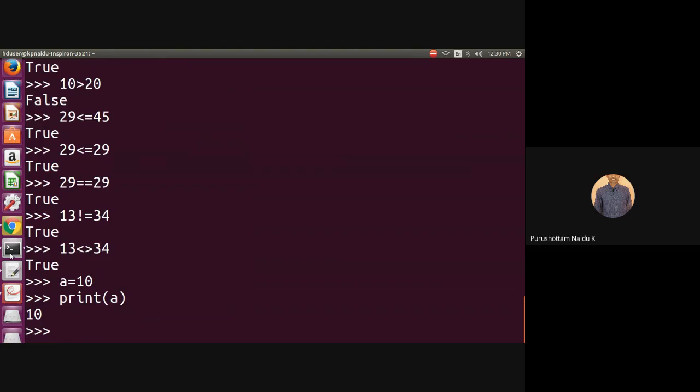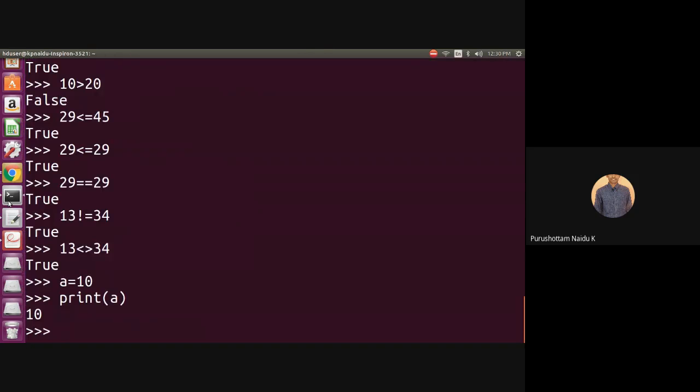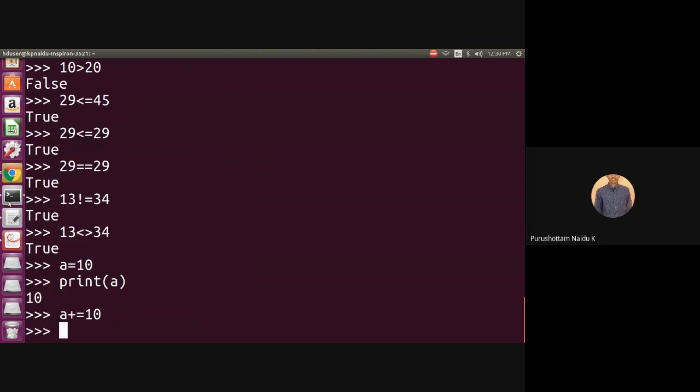That is one assignment operator. The assignment operator may also be applied with arithmetic operators. For example, a plus equals 10. The meaning of this is a equals a plus 10. Both are the same.